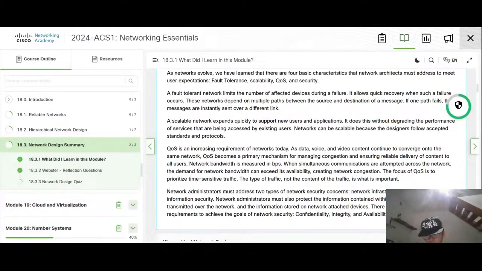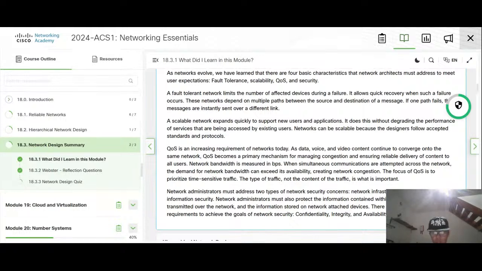It is the primary mechanism for managing congestion and ensuring reliable delivery of content to all users, measured in bps. When simultaneous communications are attempted across the network, the demand for network bandwidth exceeds availability, creating network congestion. Prioritize time sensitive traffic.